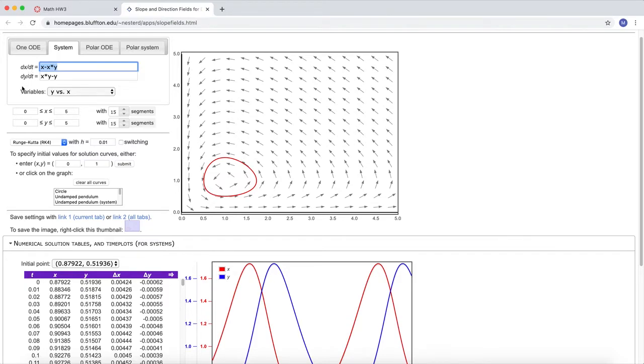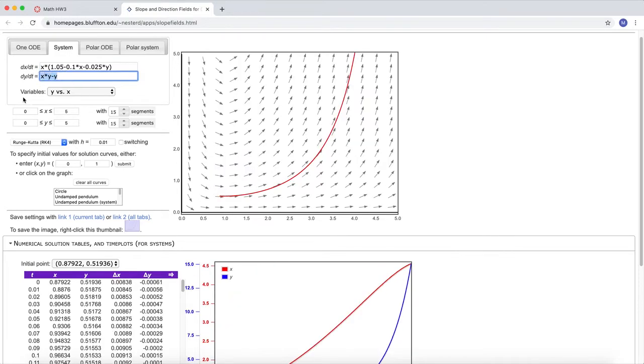So here I am trying to copy in exactly what the problem has stated, but everywhere that I see a W, I'm going to replace it with an X. And by the way, everywhere that I see multiplication occurring, you see that I'm using that asterisk, and that's very important too, otherwise it's not going to work. Everywhere I see a Z, I'm going to replace that with a little y, and I'm going to close the parentheses. So that is the W prime equation that you see from problem 4 in further exercise 1.5.